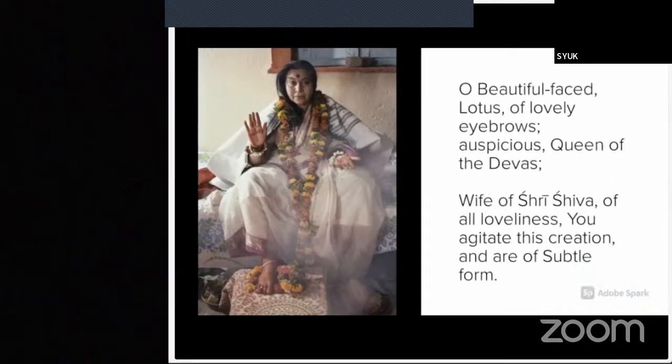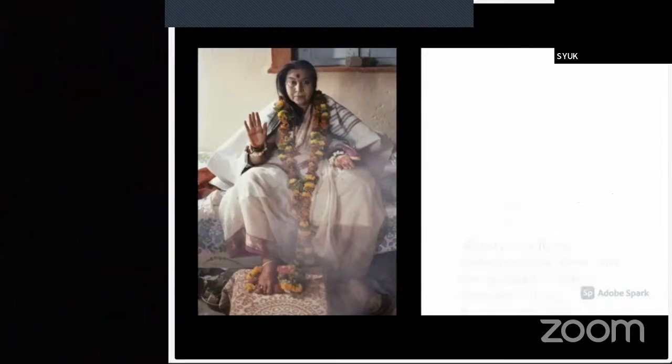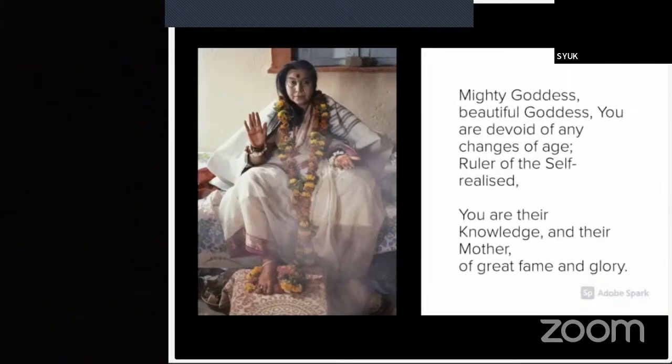O beautiful-faced lotus of lovely eyebrows, auspicious, queen of the Devas, wife of Shri Shiva, of all loveliness, you agitate this creation and are of subtle form. Mighty goddess, beautiful goddess, you are devoid of any changes of age, ruler of the self-realized. You are their knowledge and their mother of great fame and glory.